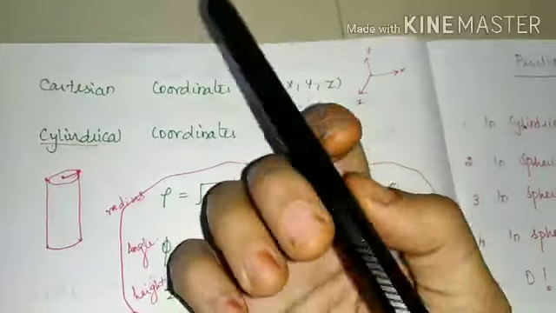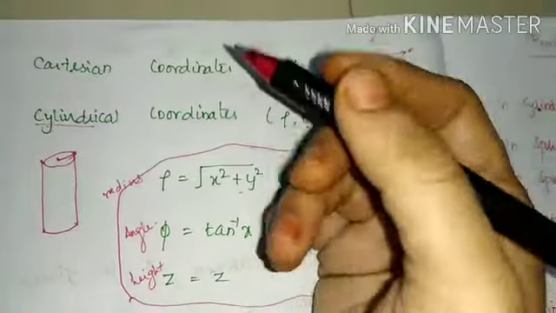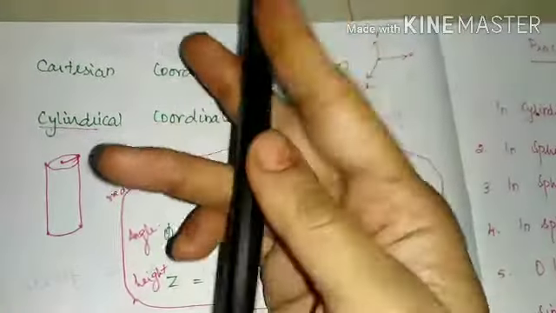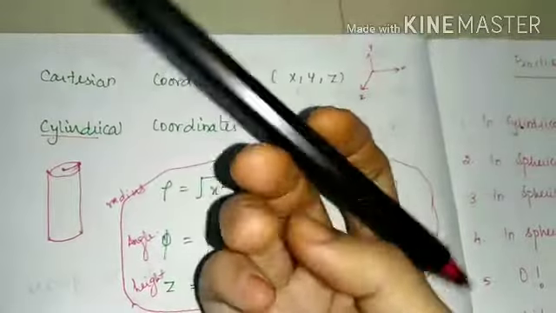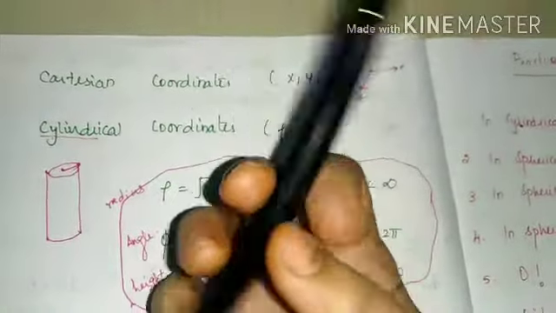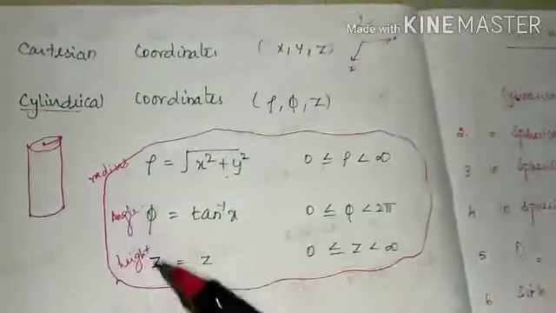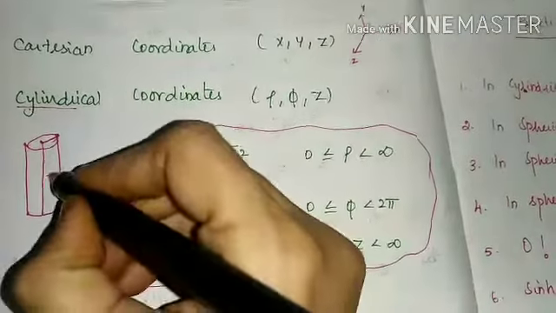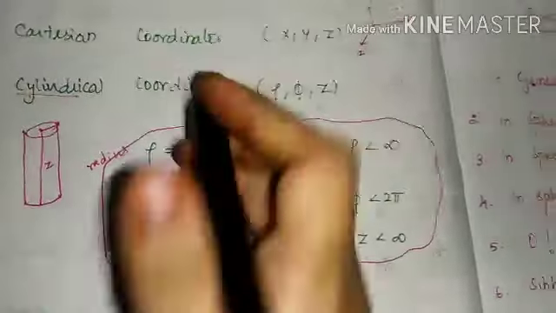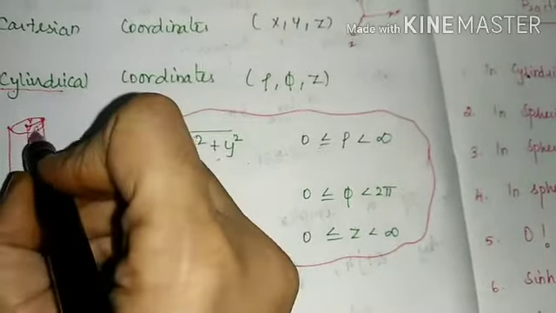While seeing the subjects of antenna and wave propagation, I will explain in detail about the azimuth plane and elevation plane. This phi represents the angle of the azimuth plane. Have you understood? This is the angle across this horizontal plane, this horizontal rotation across this cylinder. This angle represents the angle of this horizontal rotation. This is the height of the cylinder, said to be Z. This one is R, and this angle is said to be angle phi.